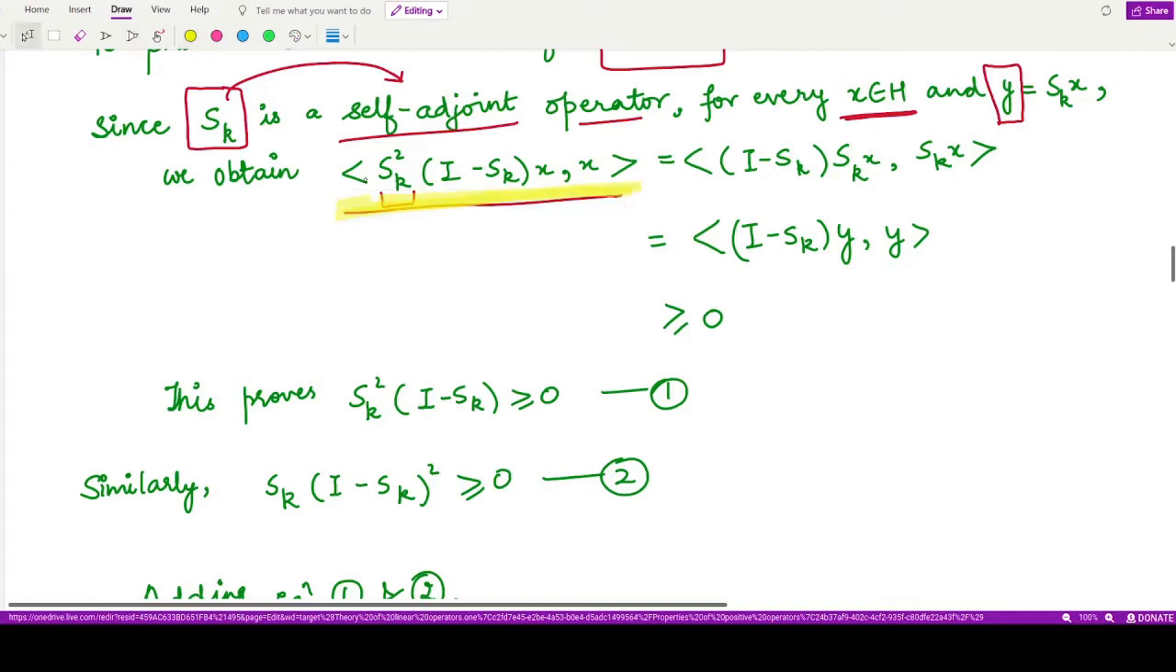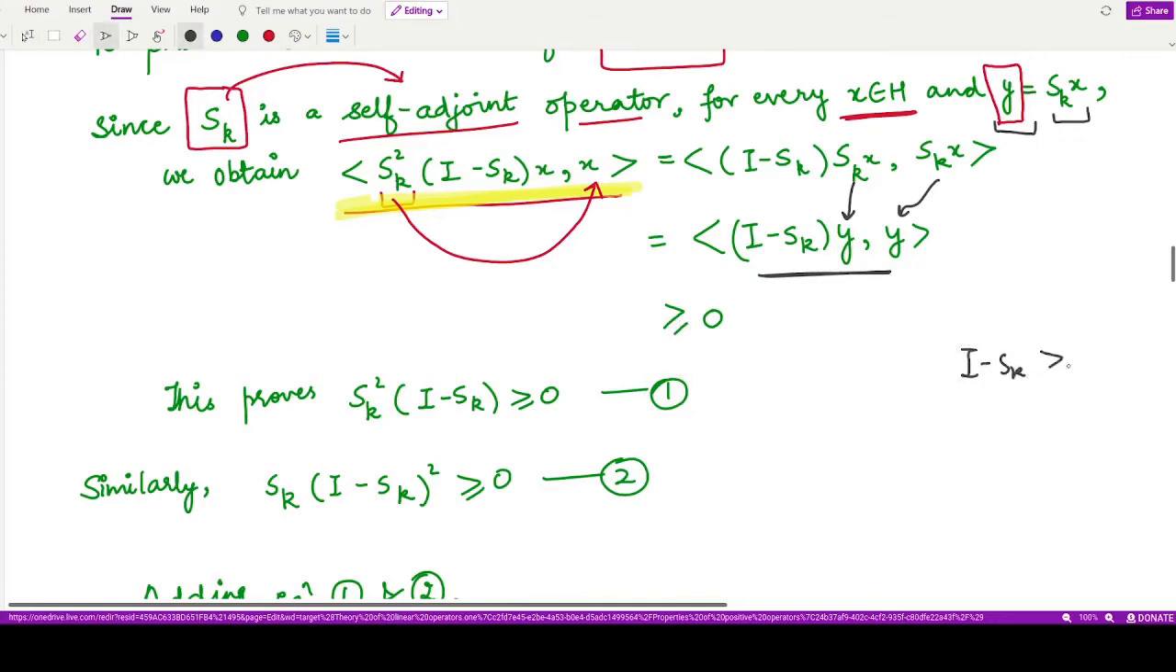Now because S_k is self-adjoint, we may shift this S_k to this side. So what are we left with? We are left with the inner product of (I minus S_k) S_k x, with S_k x, right? And we have also named this S_k x as y here. So that means this thing is y, this thing is y, right? And I minus S_k,